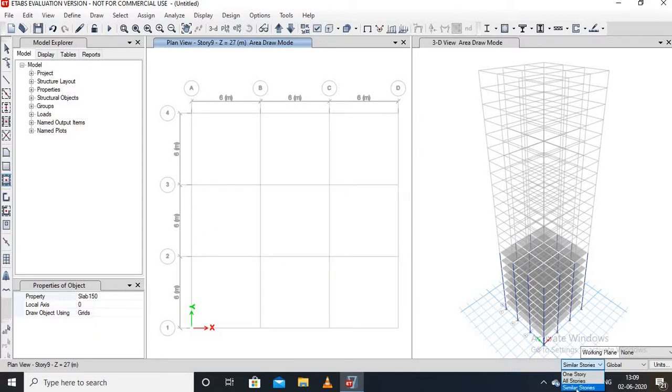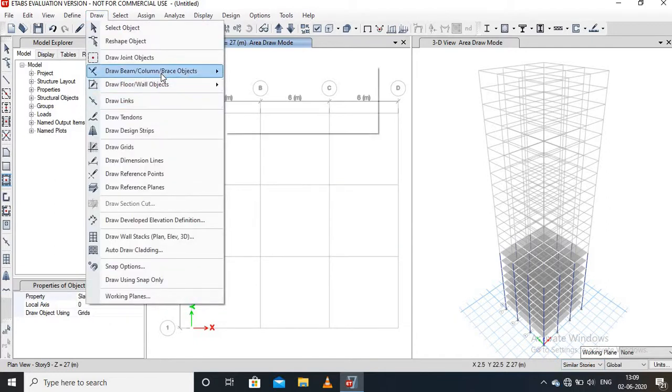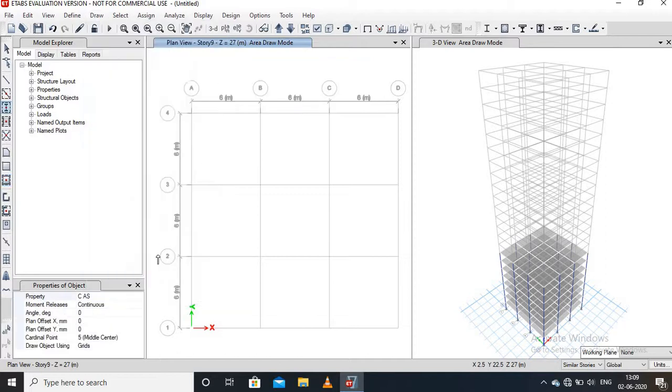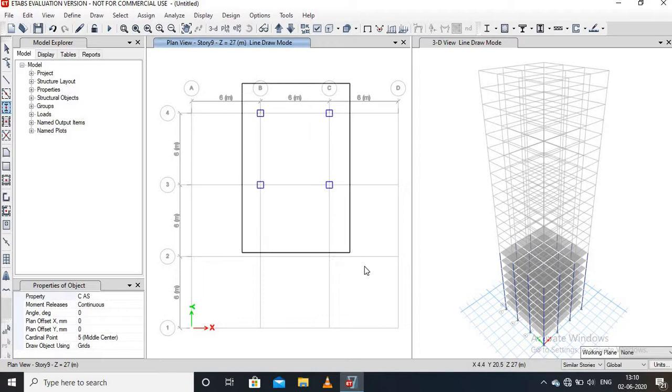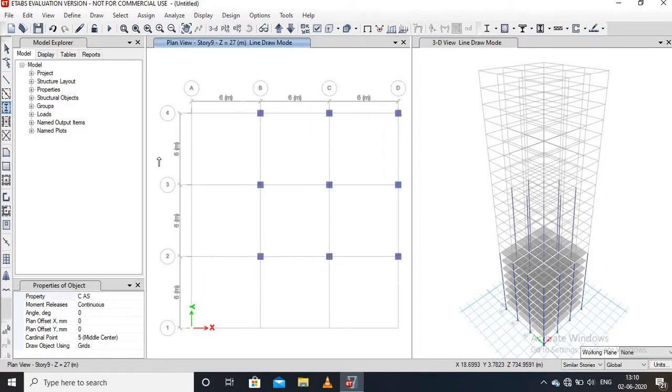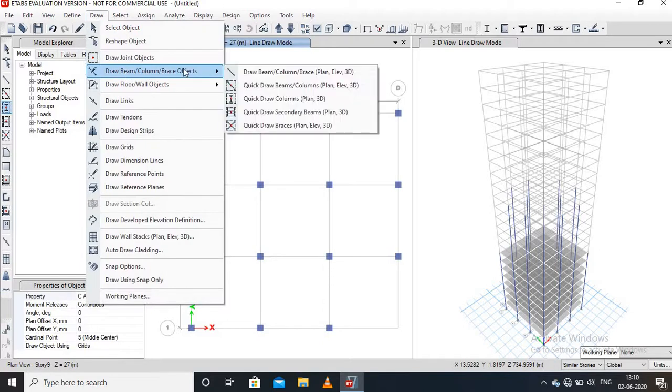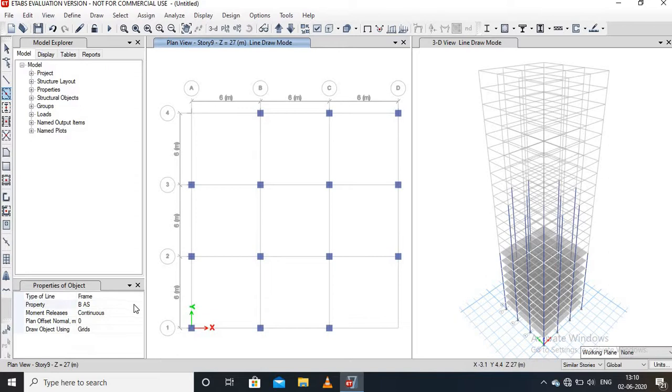Change it to similar story, go to the draw menu and select quick draw column auto select option, then draw the column. Then draw the column for another section. Therefore the column is drawn.